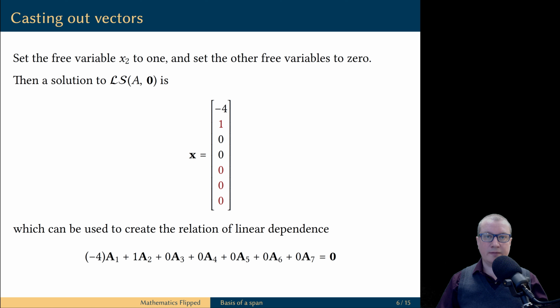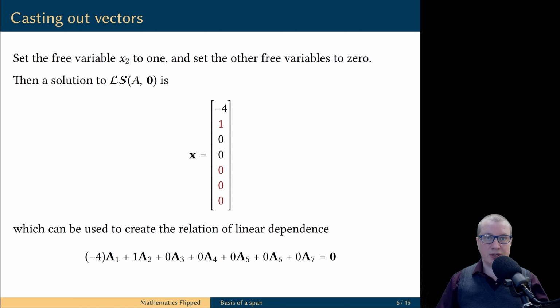First, we are going to assign a value of 1 to the first free variable, x2, and 0 values to the other free variables, x5, x6, x7. By fixing values of all free variables, we construct one particular solution of the homogeneous linear system. And in this solution vector, I emphasized the values which correspond to free variables to make it very clear that one free variable is equal to 1, the other free variables are equal to 0. We know that solutions to linear systems result in linear combinations of the columns of the coefficient matrix that are equal to the vector of constants.